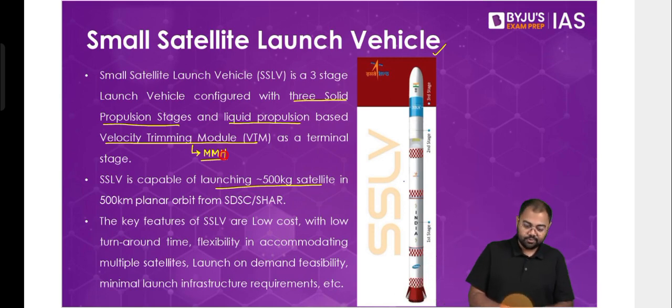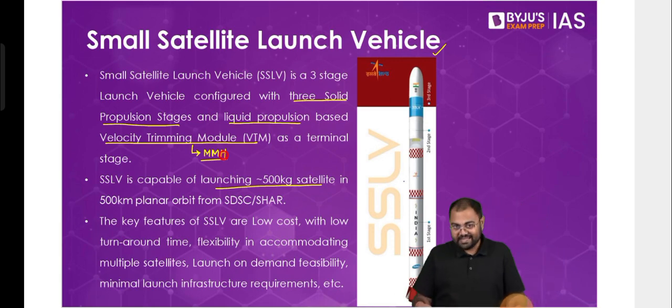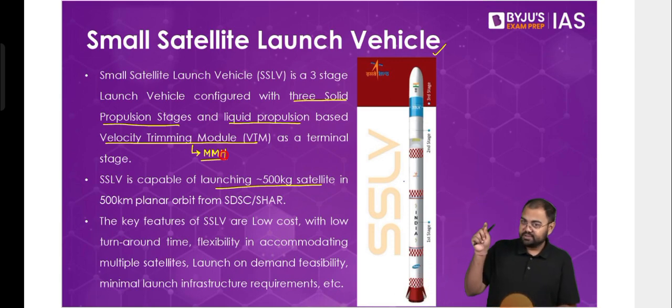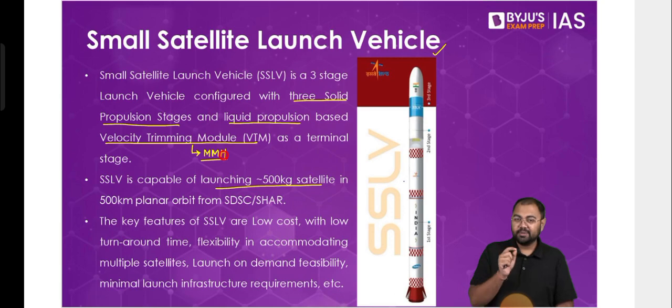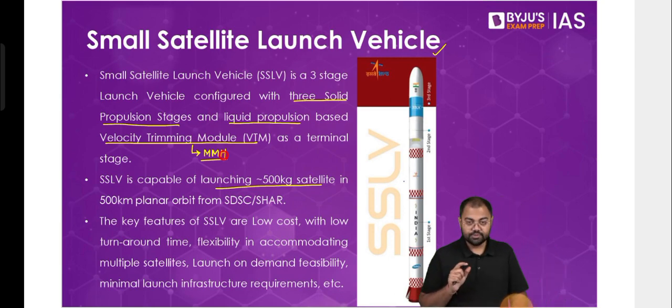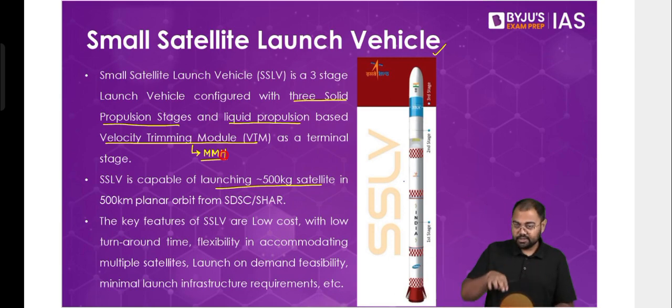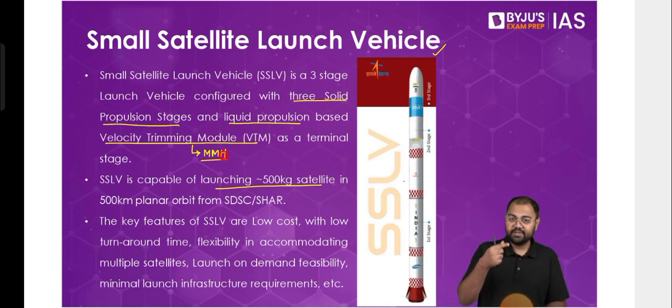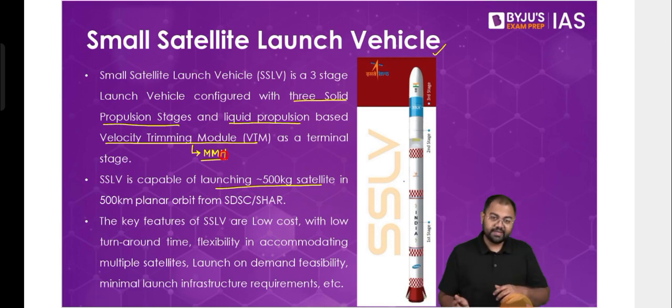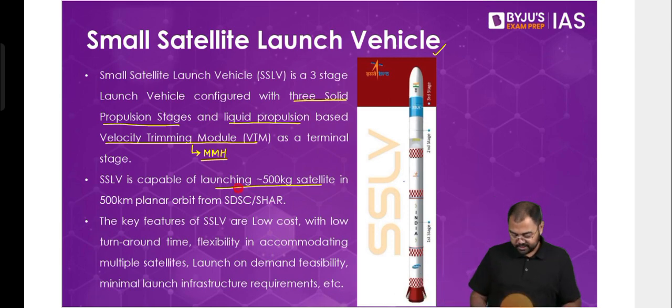For the first time last year, the operations of the small satellite launch vehicle began. The first launch was not entirely successful. The launch of the satellite was successful, but at the last moment, while placing the satellite into orbit, there was a problem. They were supposed to place the satellite into a circular orbit, but because of a very small calculation or computation error, the satellite got placed into an elliptical orbit. So that's why we said it was not a complete success: the launch was a success, but placing the satellite into the exact orbit it was supposed to be in was not entirely successful. But again, the second launch has been completely successful, and there are many planned launches in the upcoming months.